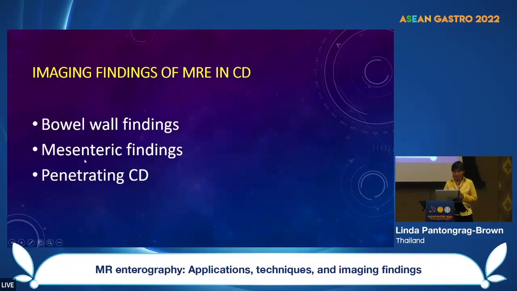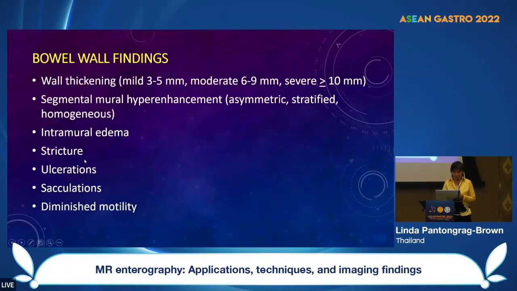What are the imaging findings of MR enterography in Crohn's disease? I will separate them into three groups: bowel wall findings, mesenteric findings, and complications of penetrating Crohn's disease. This is the summary of bowel wall findings, which I will show you on real cases. In summary, the bowel wall findings include wall thickening, mural hyperenhancement on post-contrast, mural edema, stricture, ulceration, sacculation, and